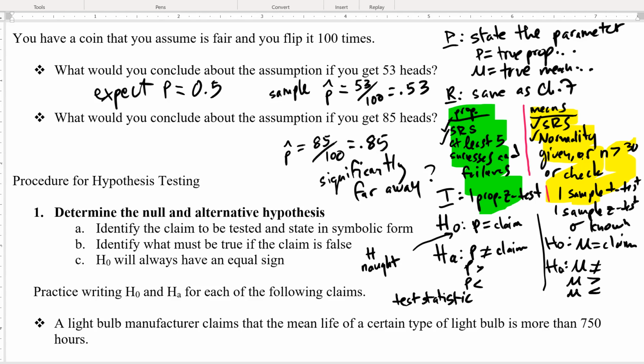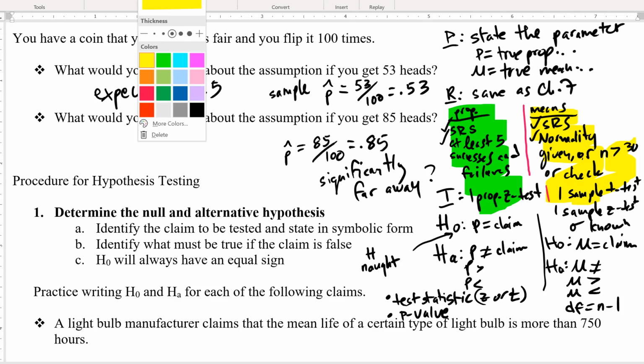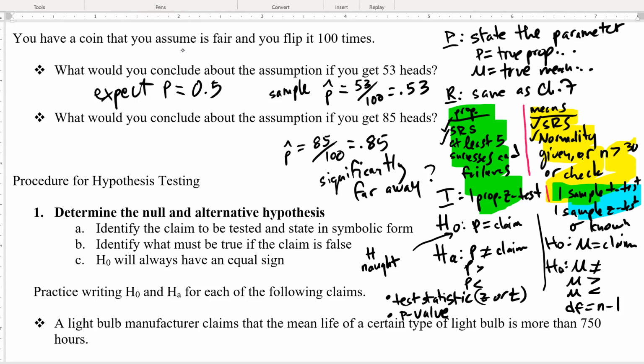So for this one, it'll be either Z or T. You have to include the p-value. And for T specifically, you have to include degrees of freedom for the T. Okay, so that would be specifically for the T test here, you would do degrees of freedom. Okay,